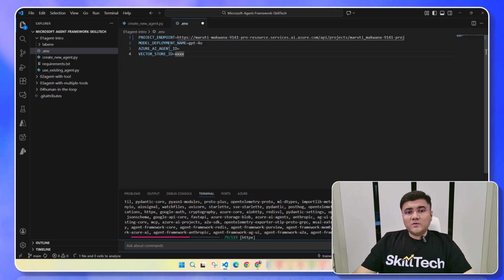Also, there are some other environment variables which we are going to use in the second sample, not right now. So I have some variables which I'm just keeping empty right now. I do not want to do anything in that. I'll click on save, which is going to save the environment file, and this configuration is going to be used